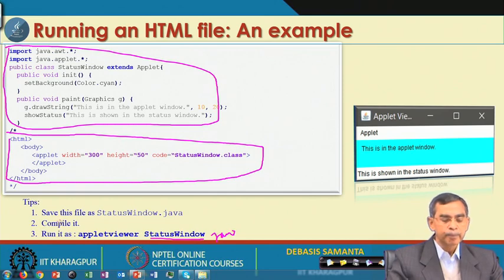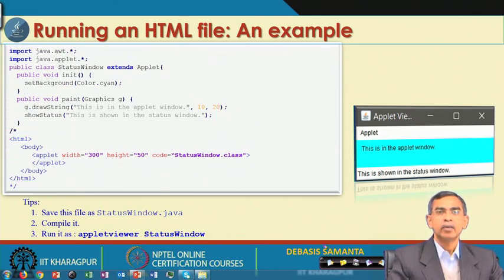Then the applet viewer will browse it and display it. So only the .java file can be maintained, and there is no need to maintain an explicit .html file. Many programmers prefer to do that. Whatever HTML tag is required, they usually put it in the .java file within the comment lines only.